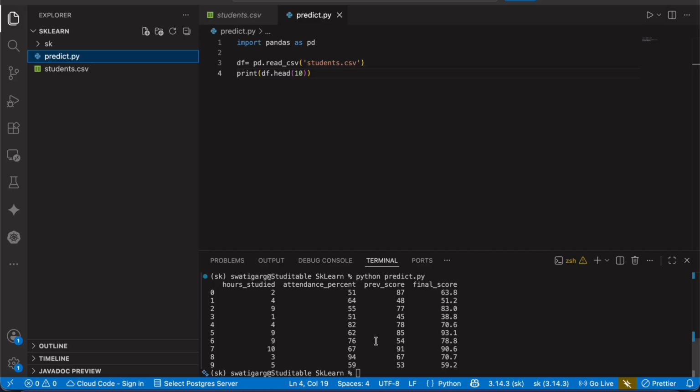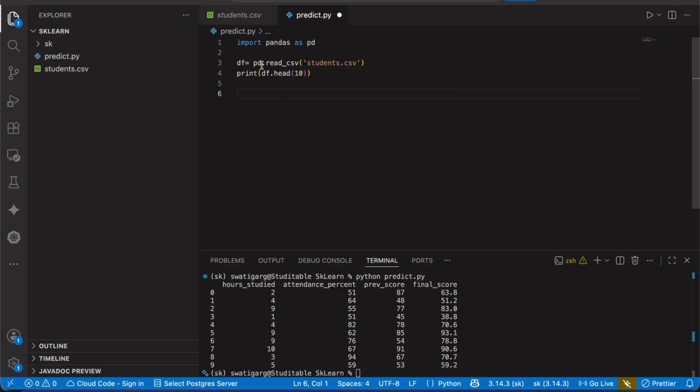This will help you to know what kind of dataset you are working on, and this is student data. Once we have read and known the CSV file, we'll first create two variables, X and y. In X, we'll be entering the columns hours studied, attendance percent, and the previous score. And in y, we'll use the column final score. So the program's work is to predict y when we give it new data.